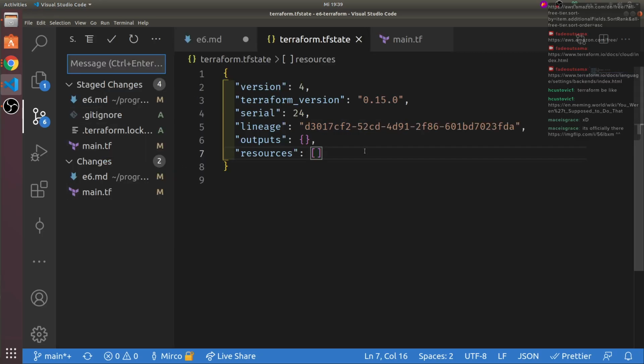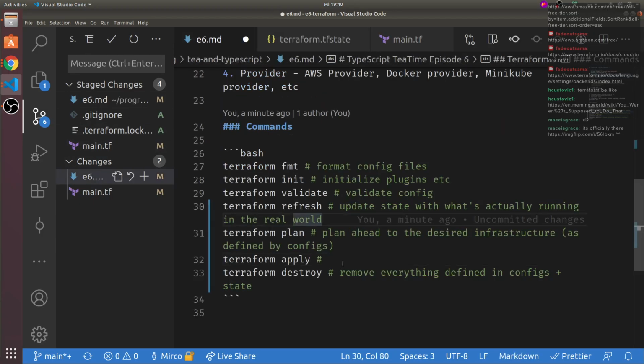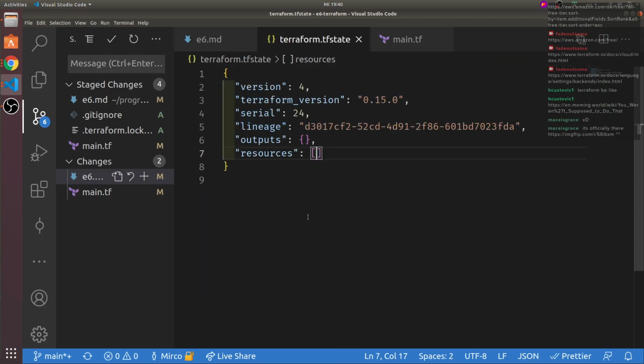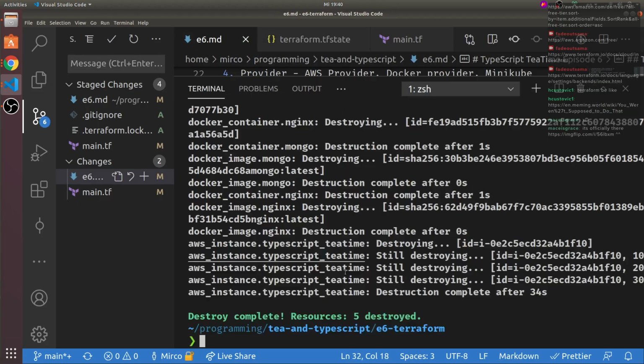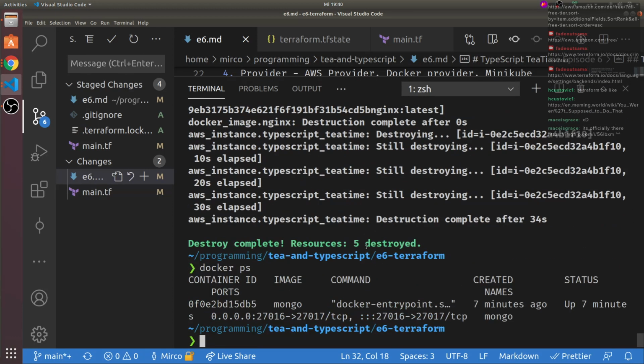Previously, it had all inside of the resources, both the AWS instance as well as all the other stuff. But now it's gone. And locally, the Docker container, the Mongo instance that I ran myself on 27.0.16, is still running. So it did not touch that, which is good.